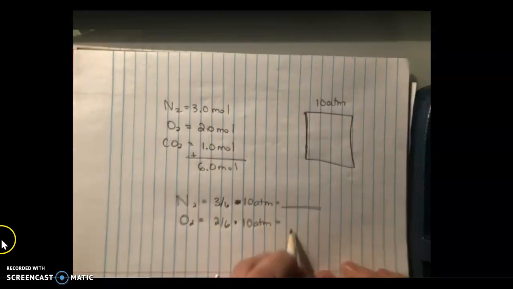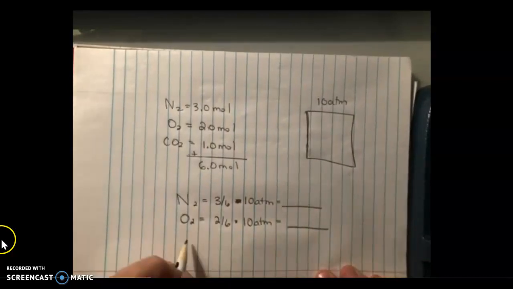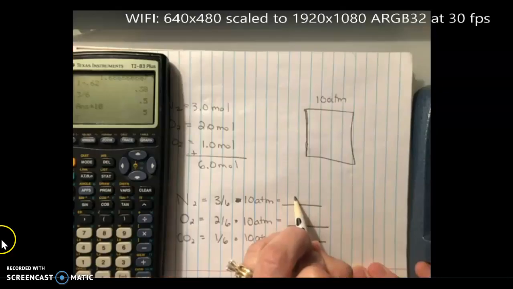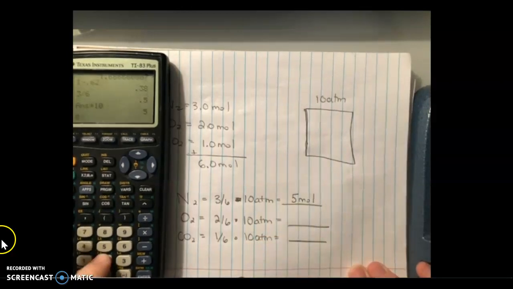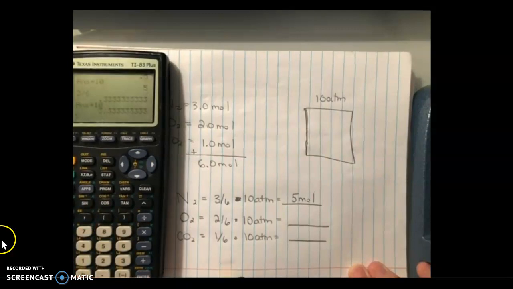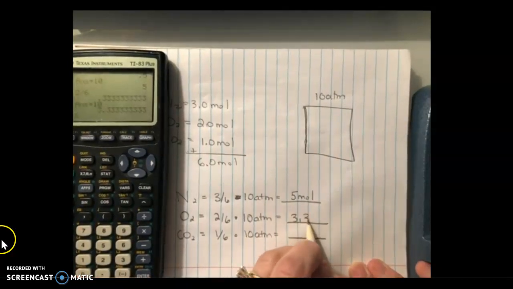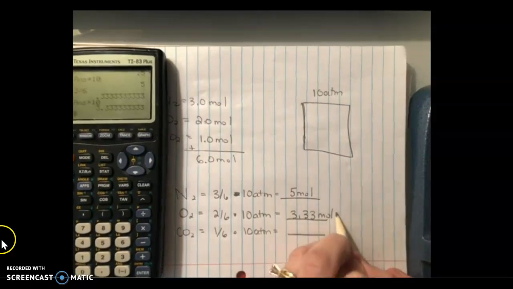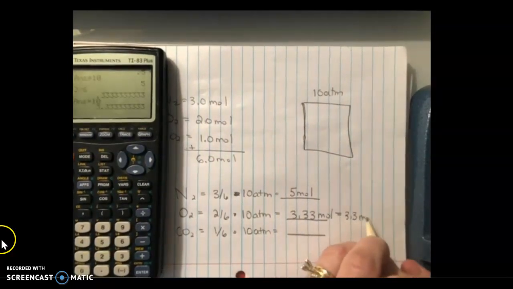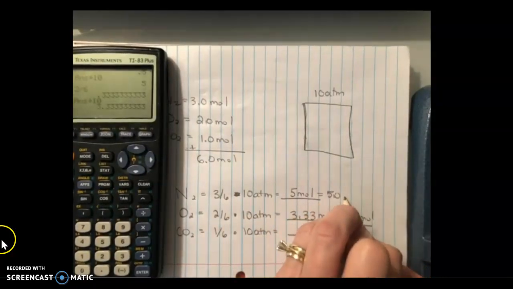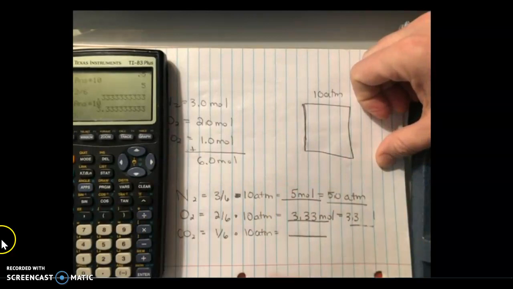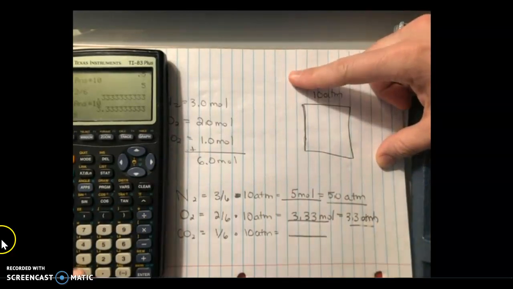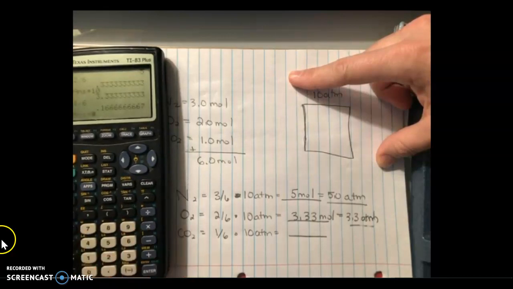So when we do this, 3 divided by 6 times 10, we get 5. 2 divided by 6 times 10, we get 3.33, which should become 3.3 for sig figs. This should become 5.0. This should not be moles, sorry, atm. And then this last one, 1 divided by 6 times